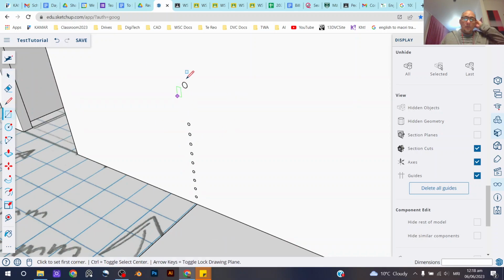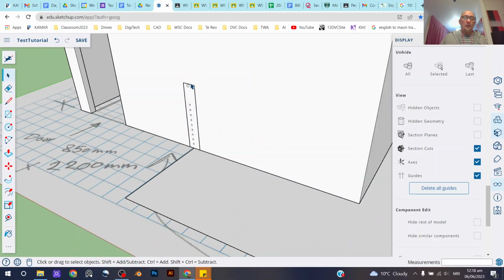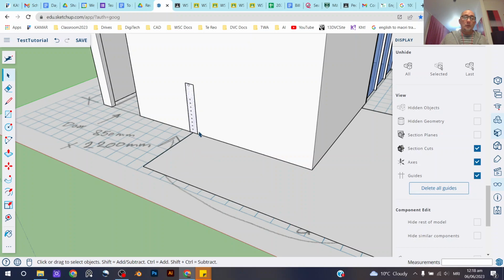Now, what I'm going to do is I'm going to create a box around those. Doesn't matter what size this box is, so long as it completely contains all of those circles. Right, so now what I'm going to do is with this circle, we're going to use what's called the FollowMe tool. This is the FollowMe tool over here. You can see this is what it looks like, right? So what we're going to do